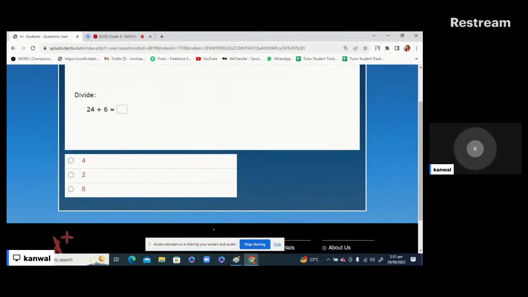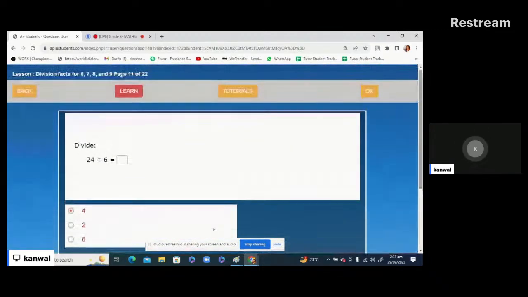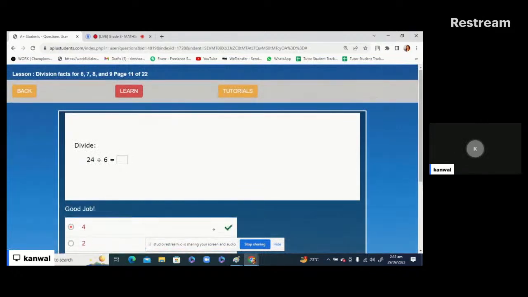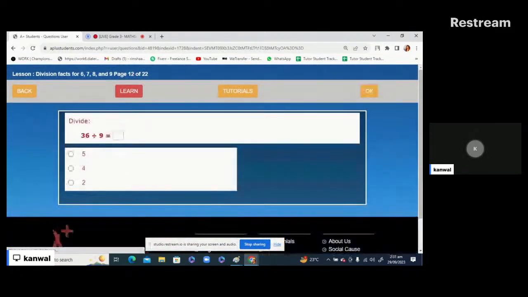Okay, 24 divided by 6. This is again the same thing. We already solved it. Alright, hope you guys understand this lesson as well. Okay,